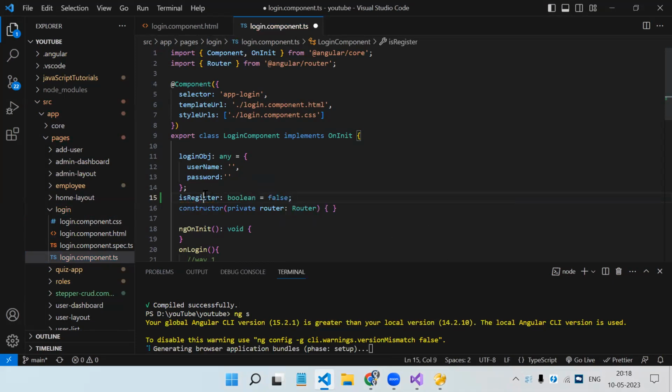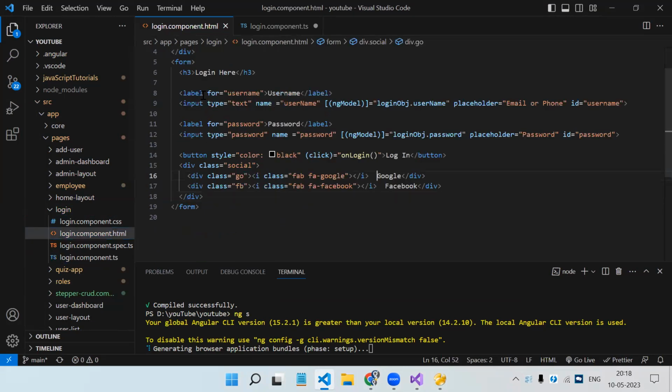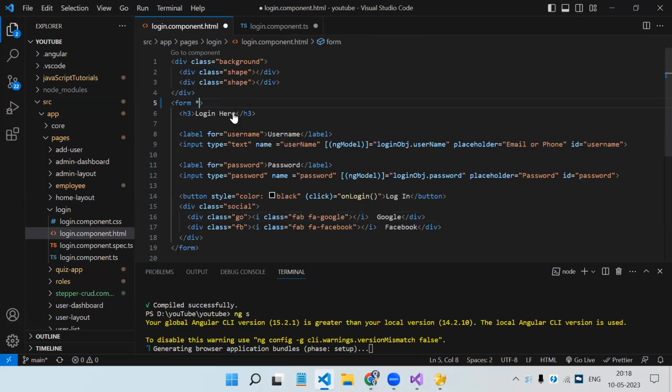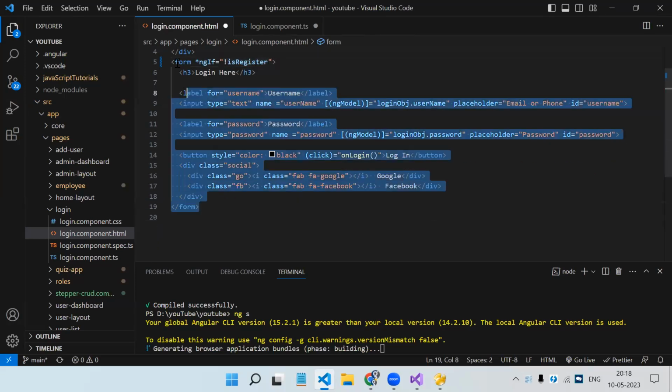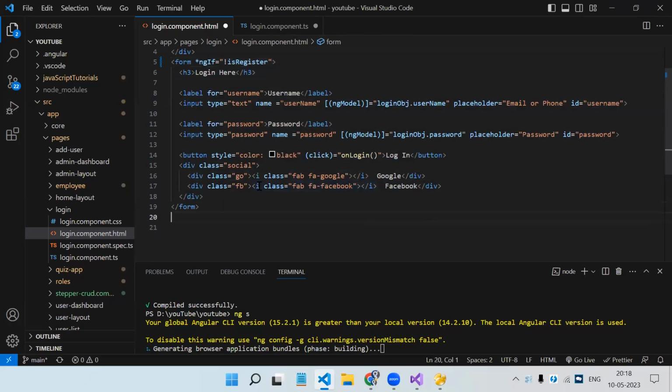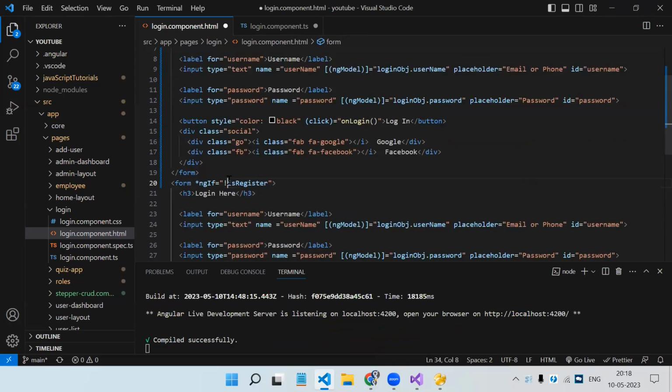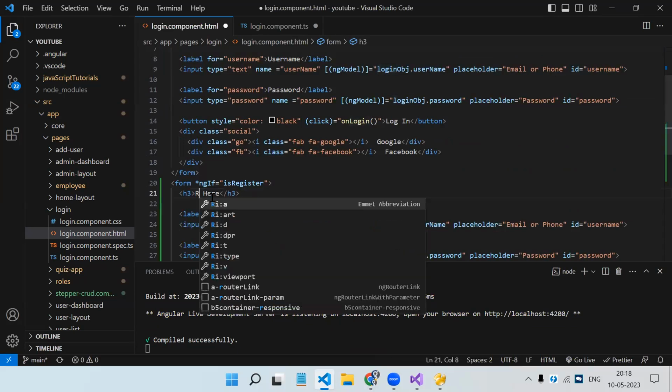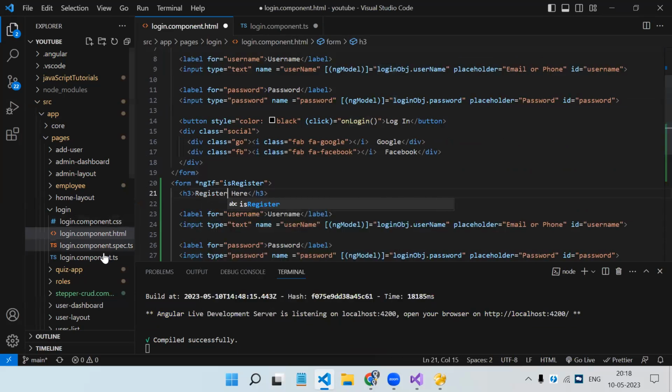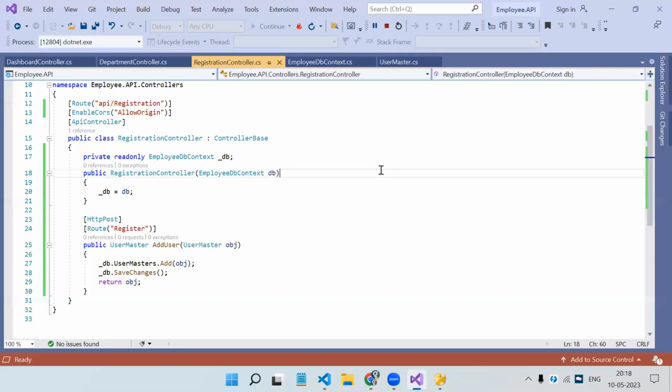Okay, I have just created one flag, and this flag I will be using over on this form with ngIf. If this is not registered, I will show the login form. Otherwise, if it is true, I will show the register form. Now, if you see the register form,